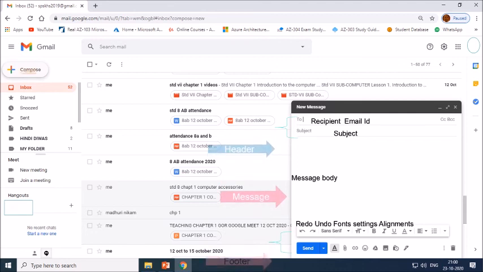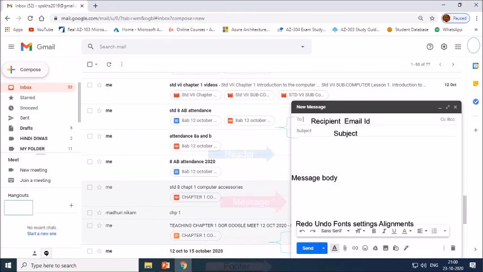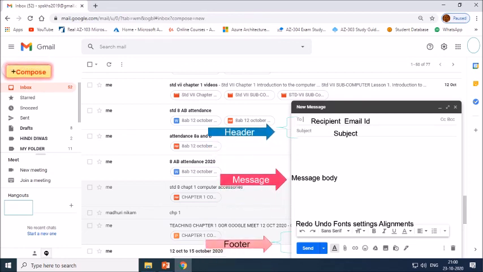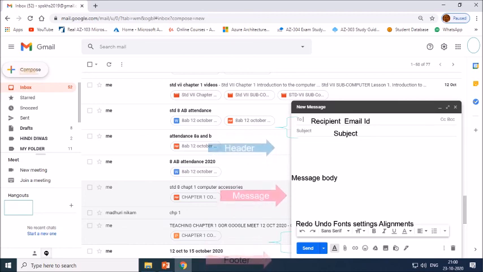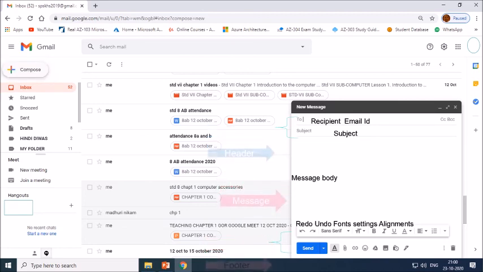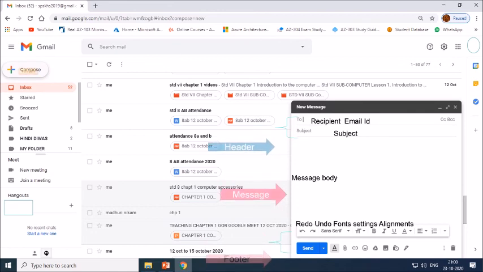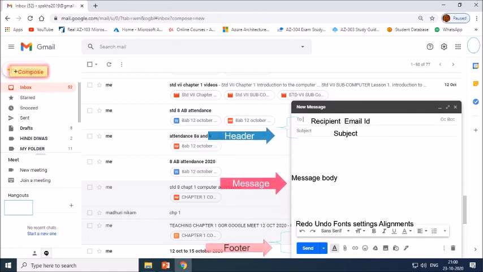Header. The message header generally includes the following fields: to whom we wish to send the email, where we have to type the email addresses of the recipient. Next is subject. It displays a brief summary of the contents of the message. Next comes the body.